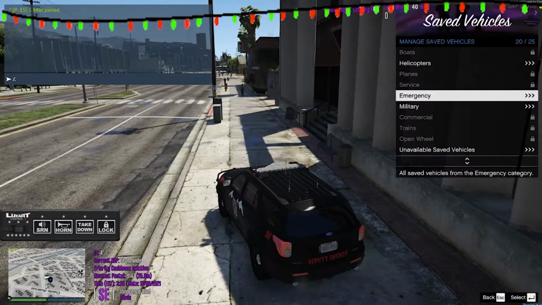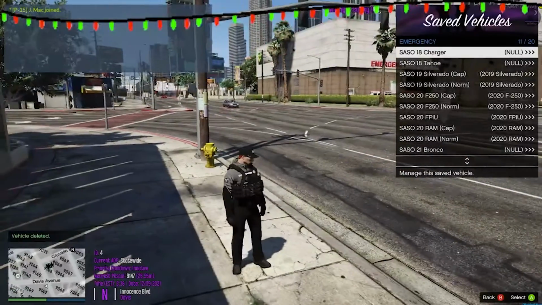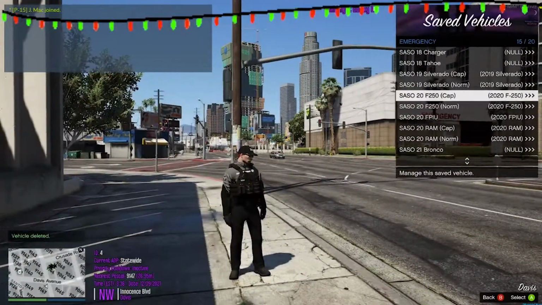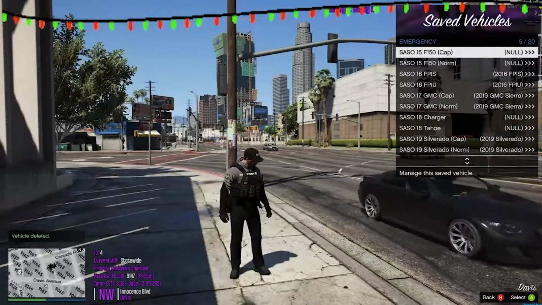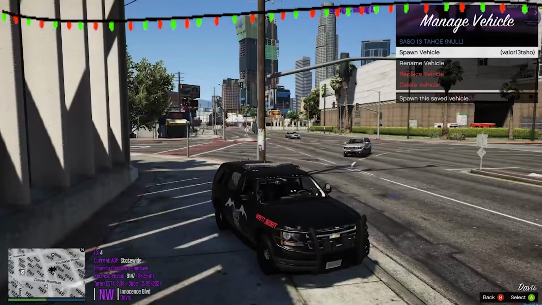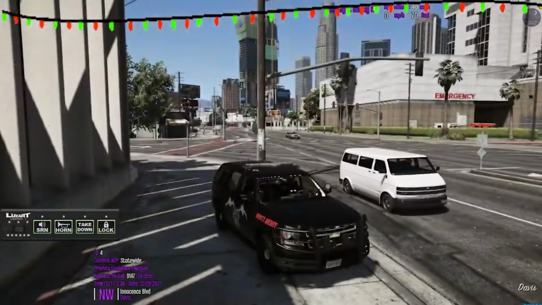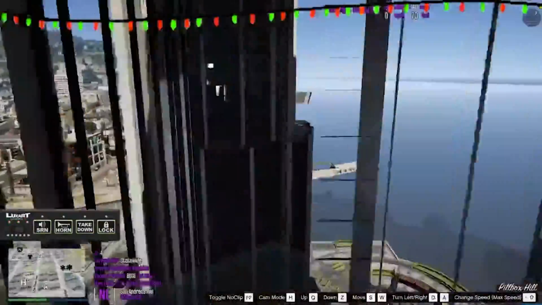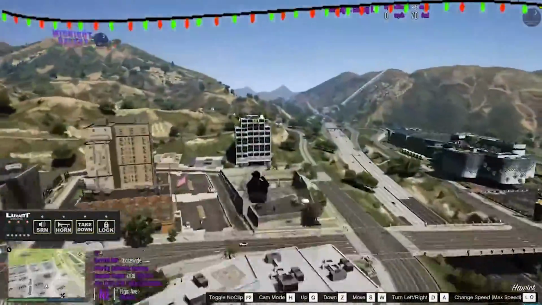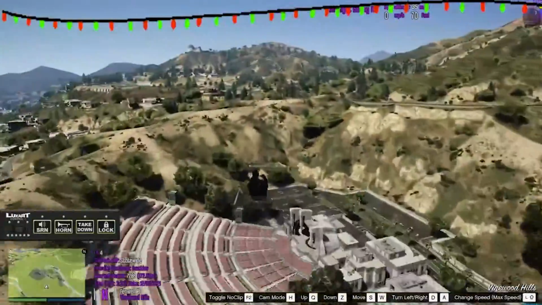But yeah, let's see here. I think what I'm going to do for the next clip is grab the 13 Tahoe, and we're going to go up into the county. Or we could do the hills around here, maybe.